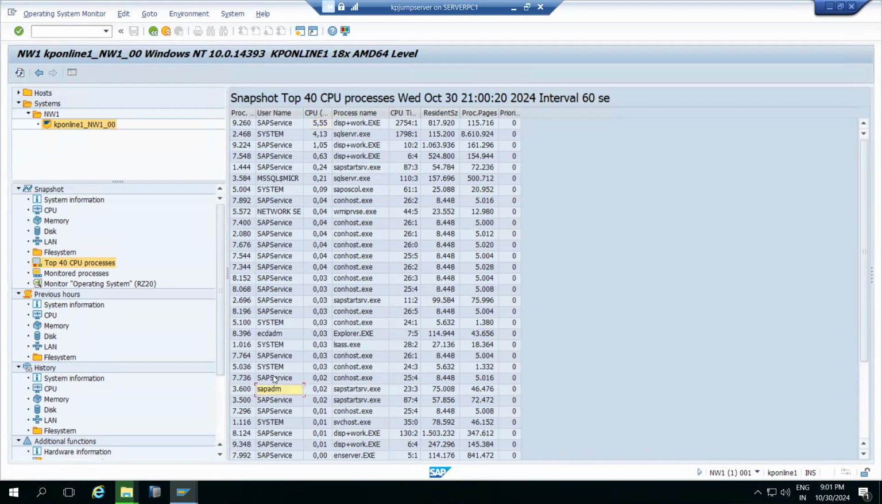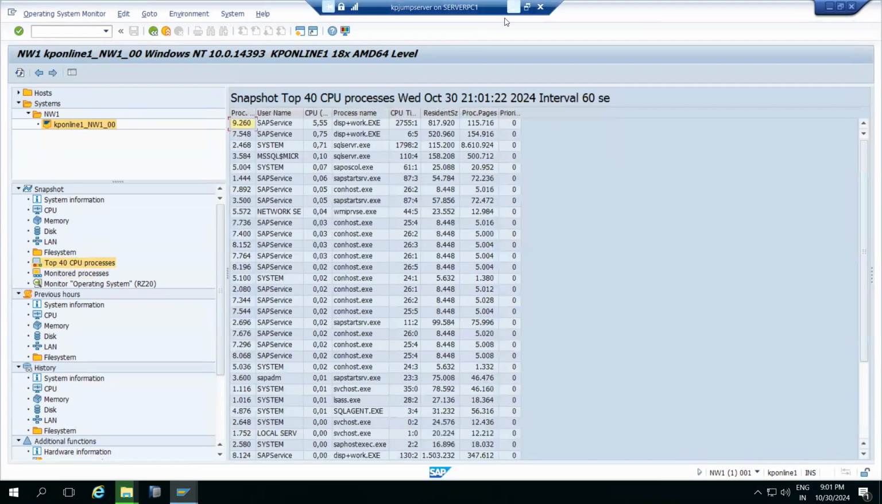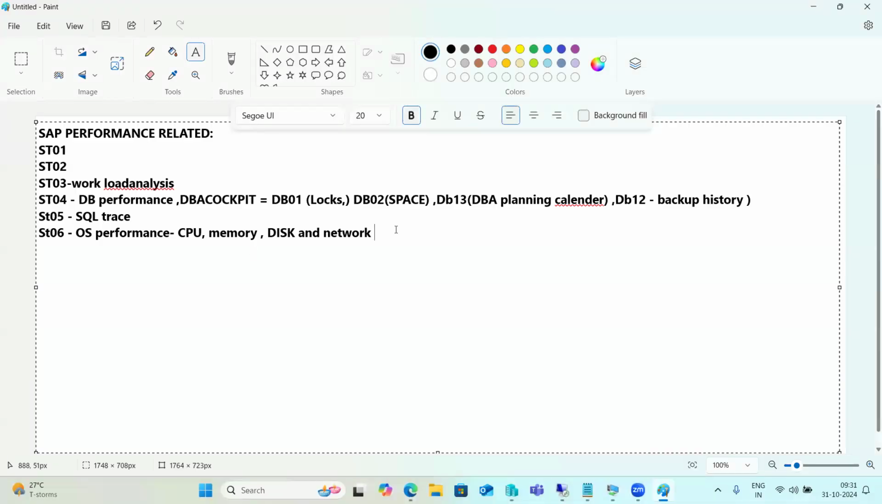We have the SAP ADM. These all are the users which are the top contributors of the CPU and everything here, right? So that is the CPU, the operating system level details we can find out in ST06 here, right? Then